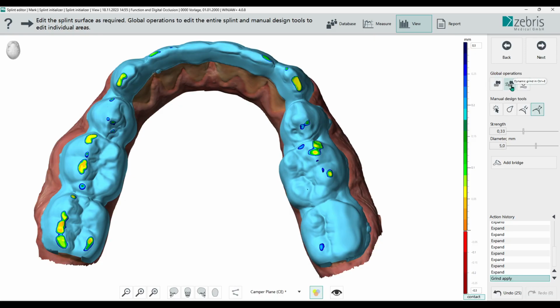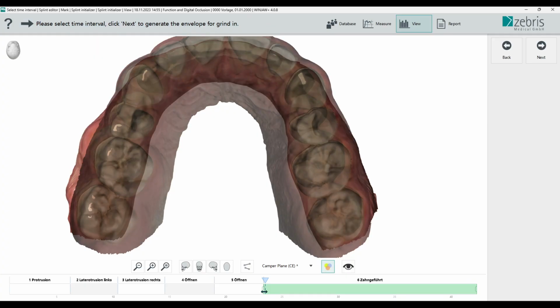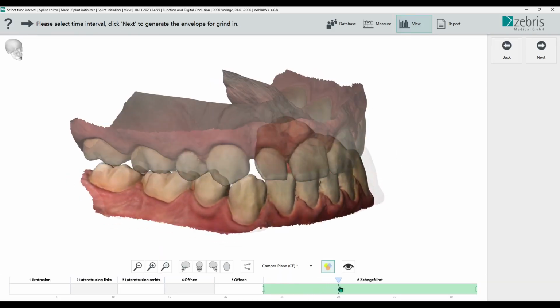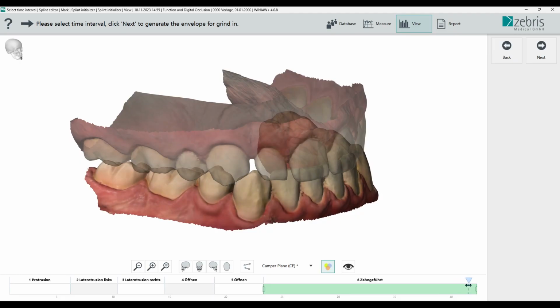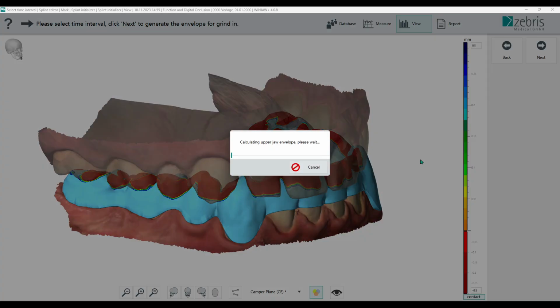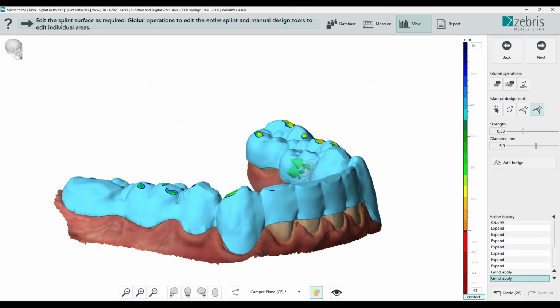We can also make a dynamic grind in, where we use our recorded movements, like this tooth guided movement here, to grind in our splint and the guidance we just modeled. With next we generate our envelope. The longer the movement is, the more time this step will take. Here we see our generated envelope, and with next we apply the dynamic grind in.